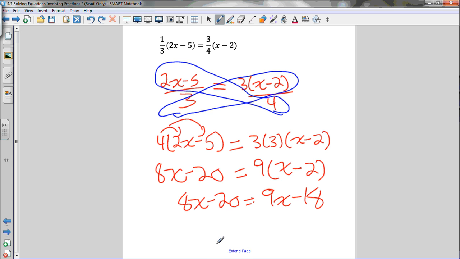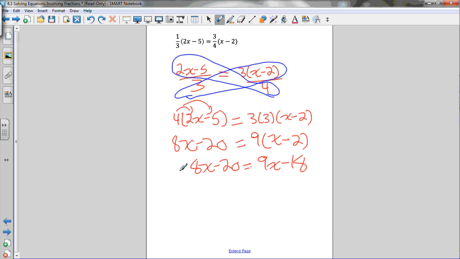Collect your variable terms to one side of the equation, so I'll bring my x's to the right, so that I'm left with a positive x, and I'll bring my constant terms to the left. So I'll have negative 20 plus 18 on the left. That minus 18 becomes plus 18 on the left. And on the right, I'll have 9x minus 8x, because this positive 8x will become a negative 8x on the right. So I'm left with negative 2